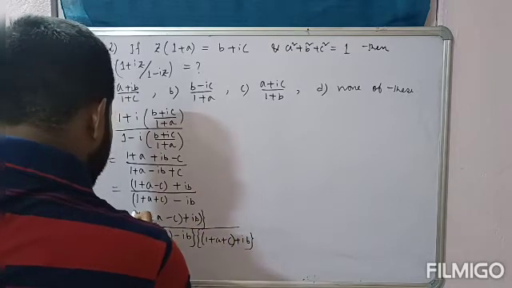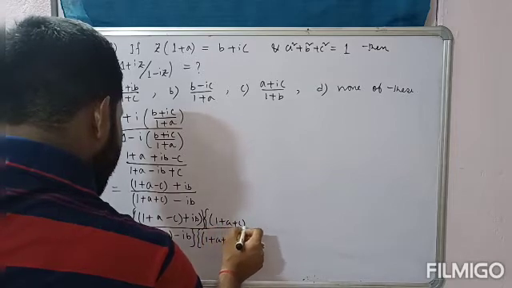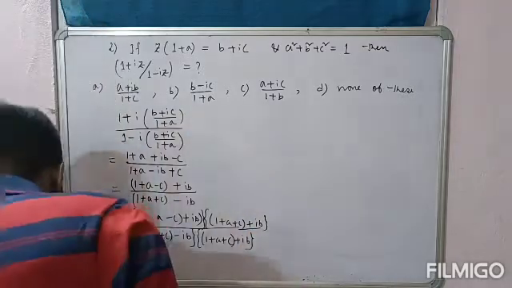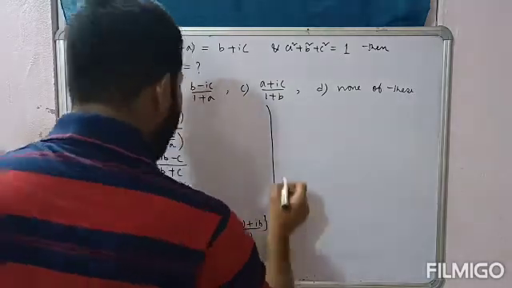And this same term we have to write in the numerator also, to rationalize. So 1 plus a plus c plus ib. Alright, so just rationalization only, nothing more than that. Okay, this is equal to